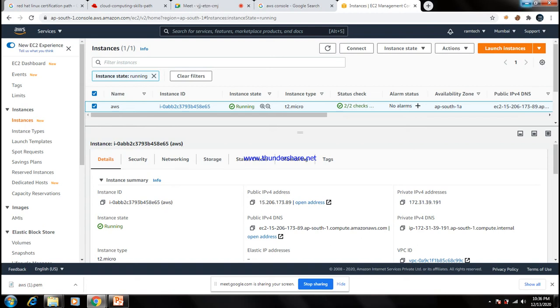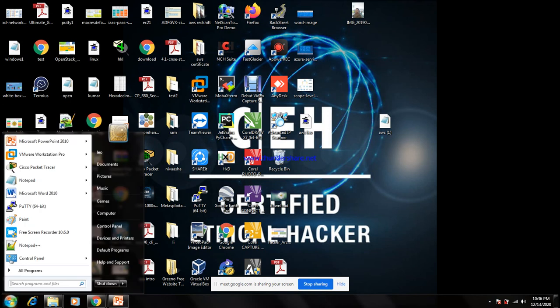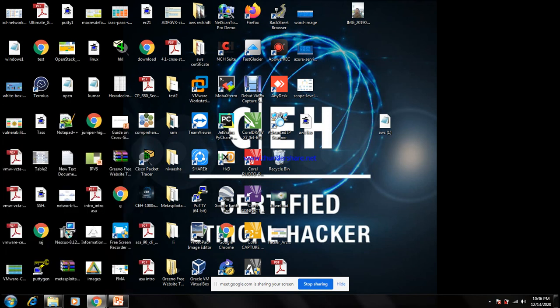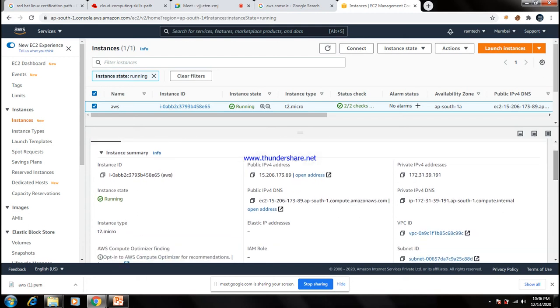So what do you want to do? To connect to the instance, go to PuTTY. Go to the connection. Based on the public DNS only can you connect to your EC2 instance. So here, copy the public DNS.